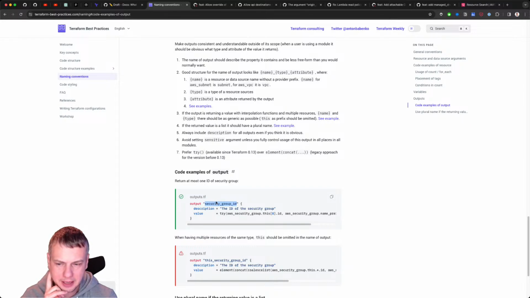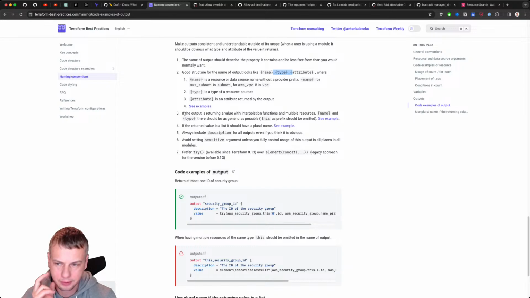This naming is typically composed of name, which for the resource aws_security_group is just security group, right? So this one, security group, and then it should be type, no, sorry, it should be this, security group and then ID. All of this with underscore in between, like this: security_group.